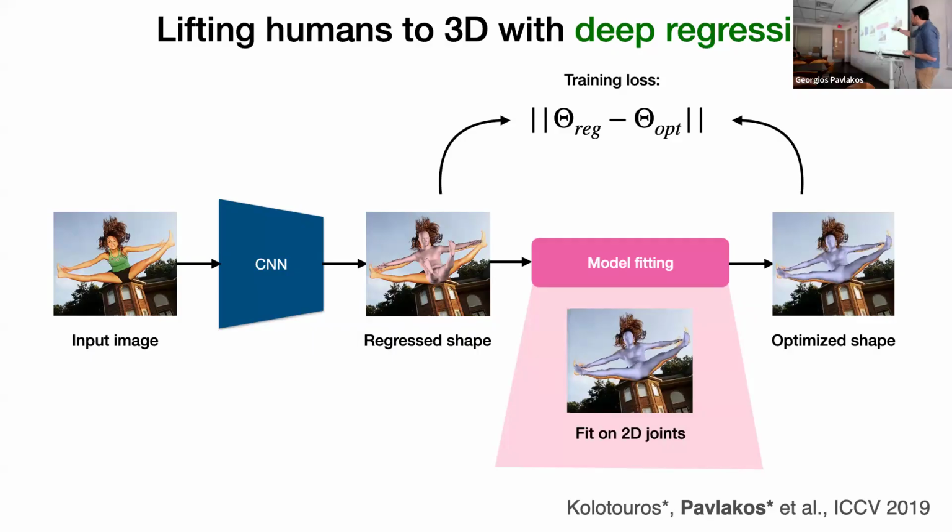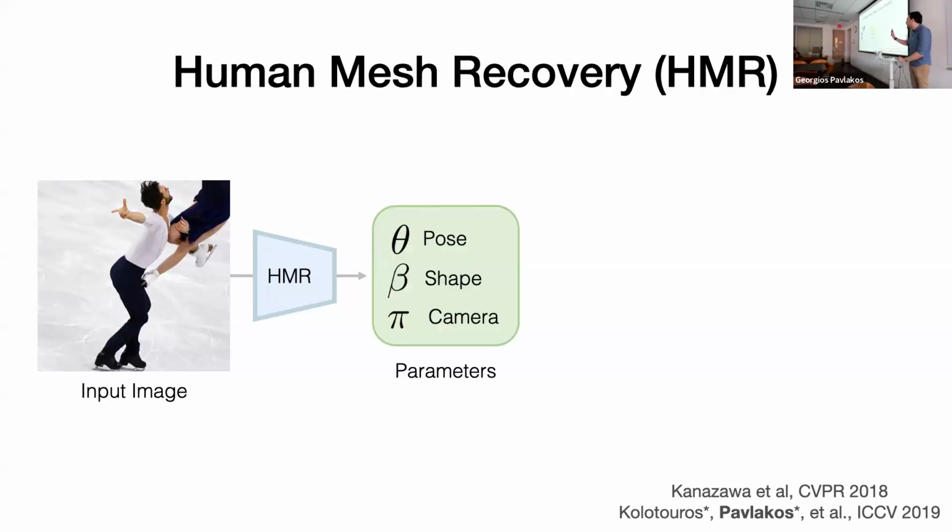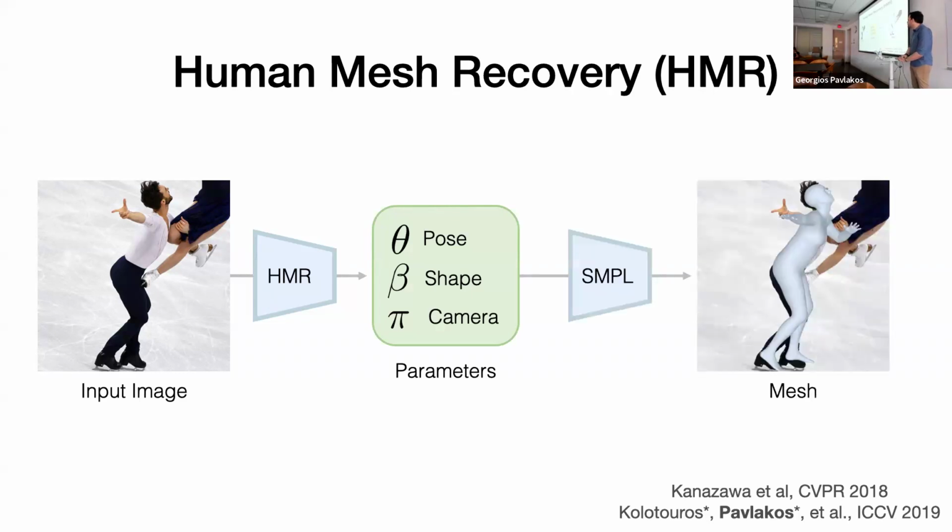All right, so these are the more recent, more modern approaches for this task. This is what we followed also in the latest work that we have in this space. A deep network that can take an image, regress the parameters of the simple model, and then passing this to the simple model will give you this output reconstruction. We did follow this deep network paradigm, but we actually put this on some extent on steroids.